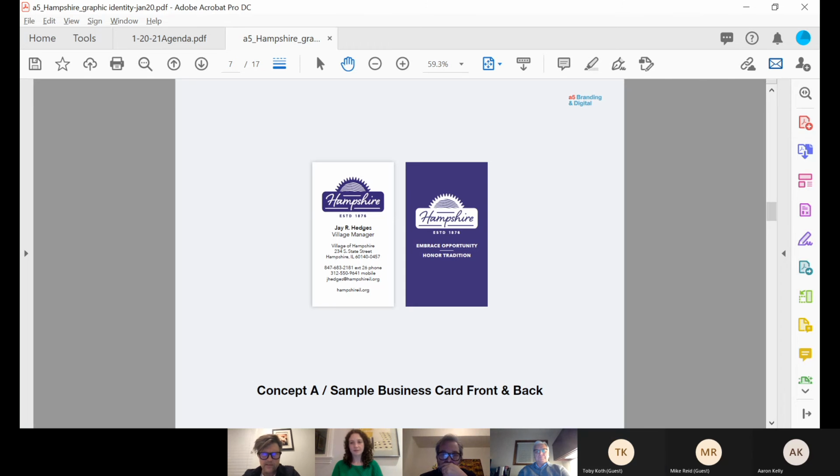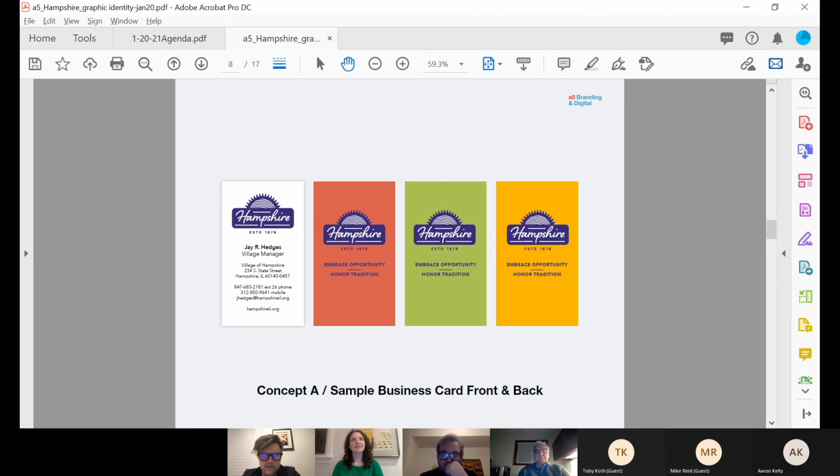So the purple business card, and then the next screen has just a way to bring other colors into the mix. This is one way we could do that. Next one.